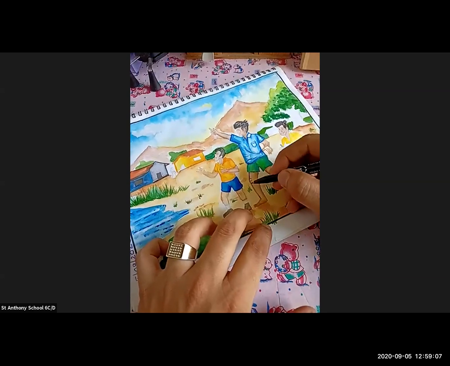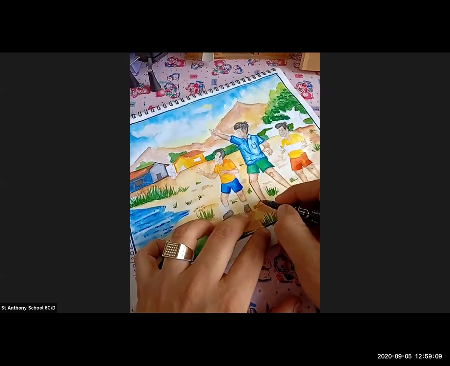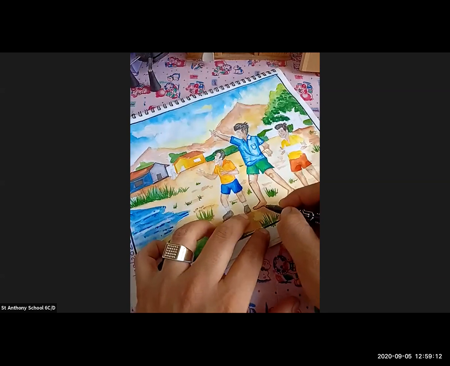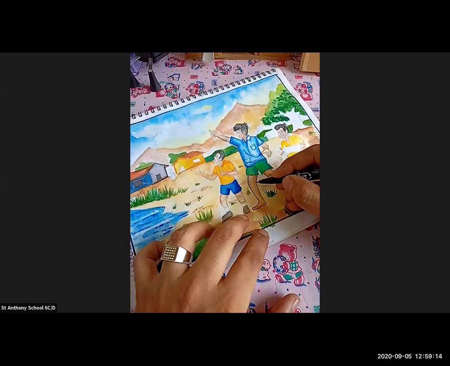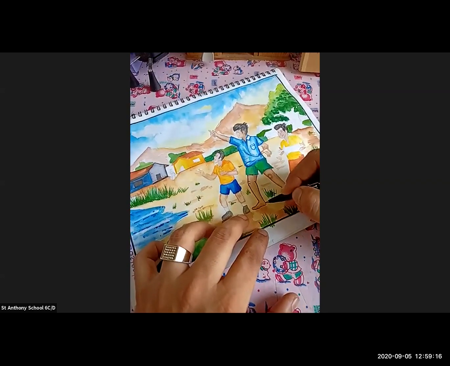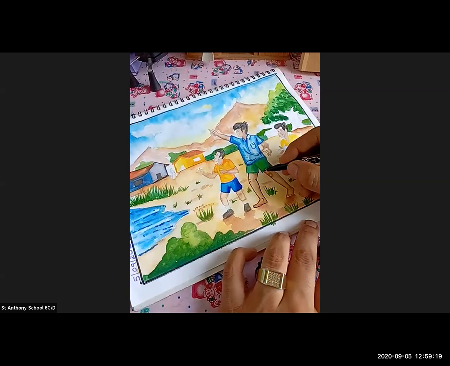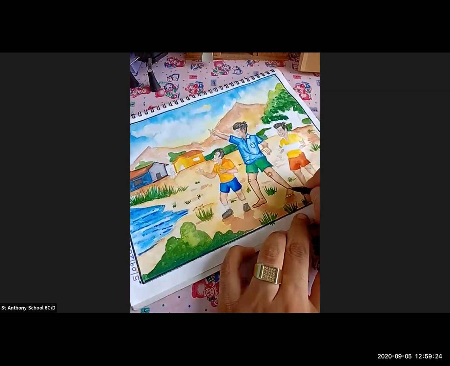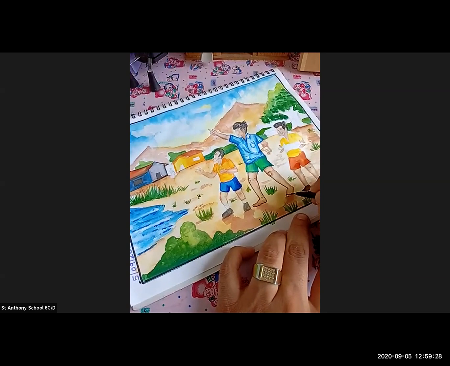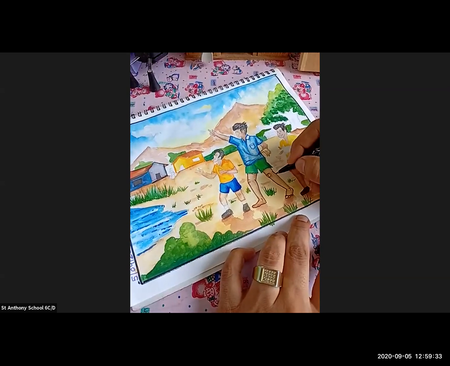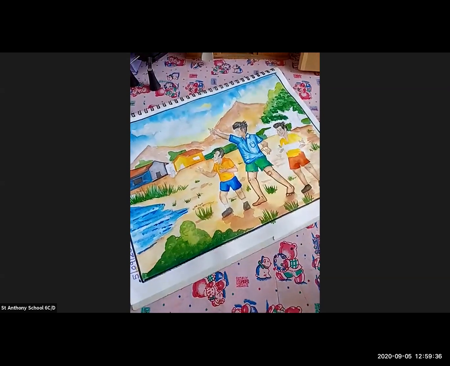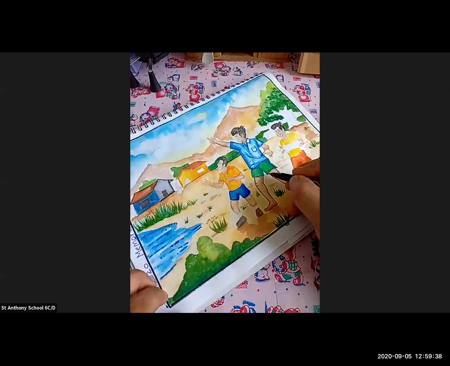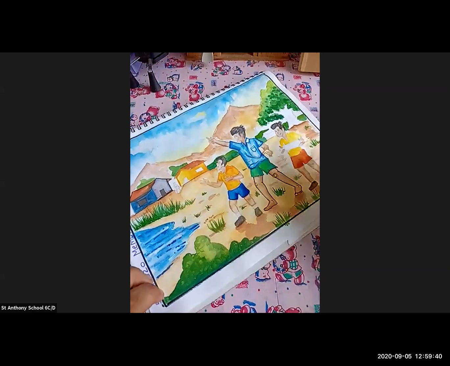So just look at this. This is the way how we are going to do it. Here we are detailing all those things with a marker.